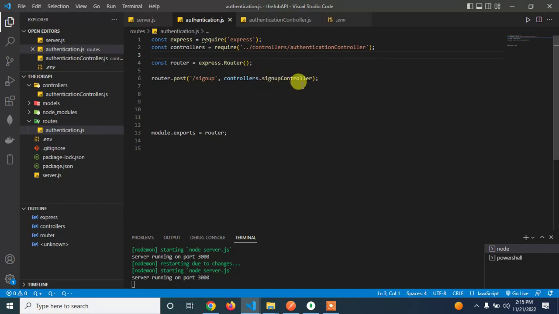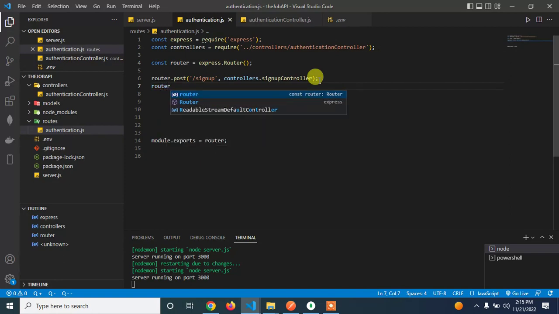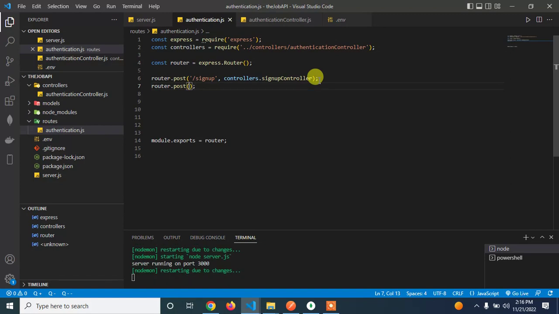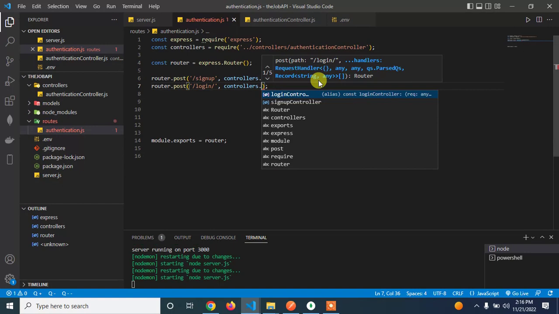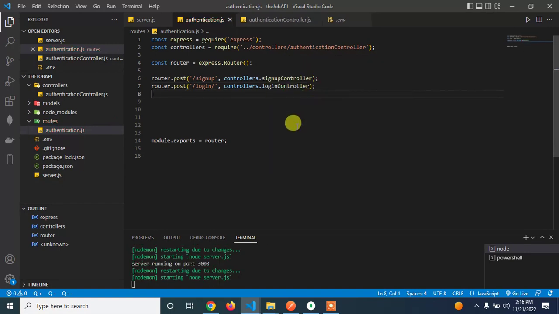So you bring it like this, and you also have router.post, still a post, this time around for login. I have for login, and the appropriate controller for it is going to be our login controller. Okay, so having done this, we have done this,